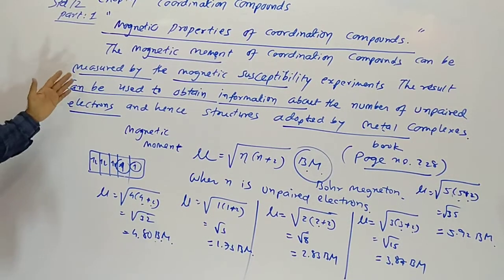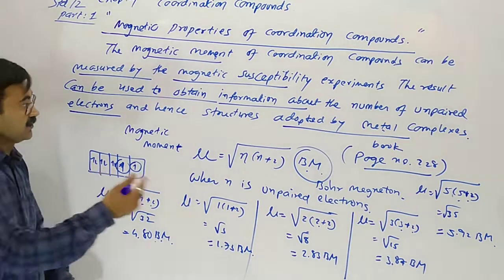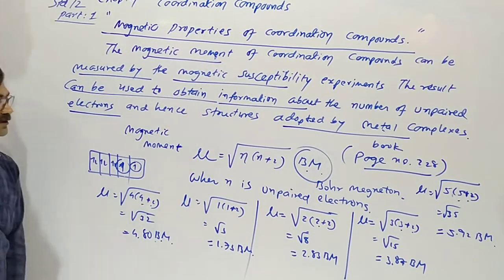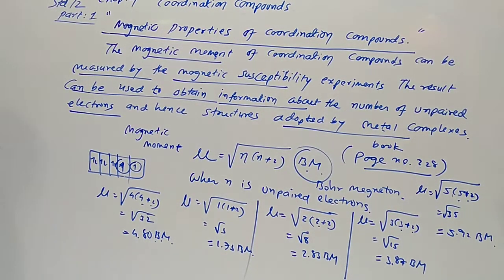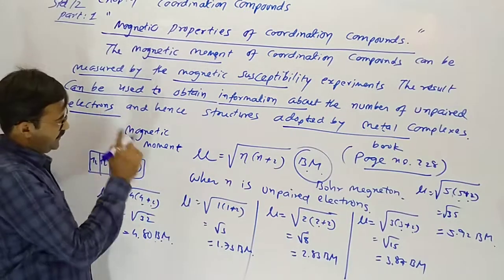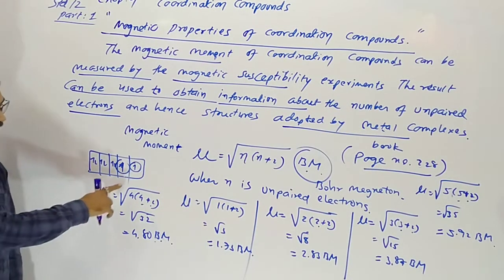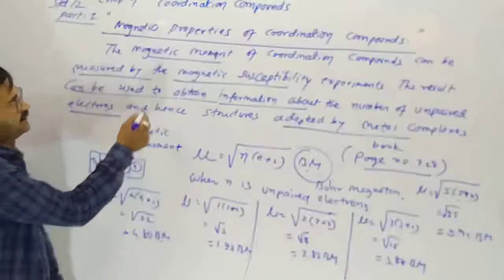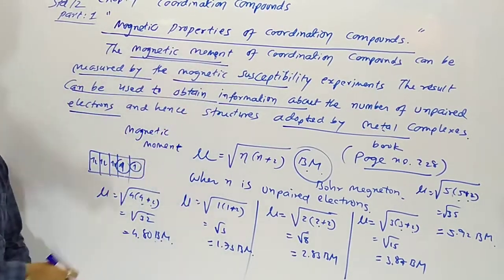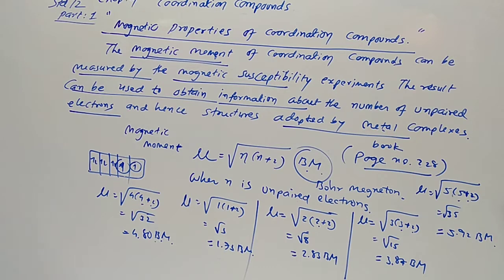With increasing number of unpaired electrons, the magnetic moment increases. If all the electrons are paired, it is not paramagnetic but diamagnetic. In the paramagnetic case, we have to find the number of unpaired electrons on the basis of its magnetic moment value, to attract in the outermost magnetic region. Attraction we can define. Understood?